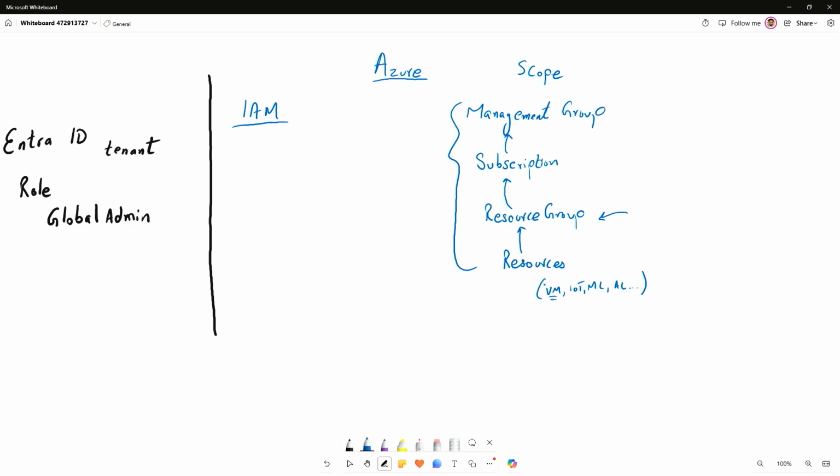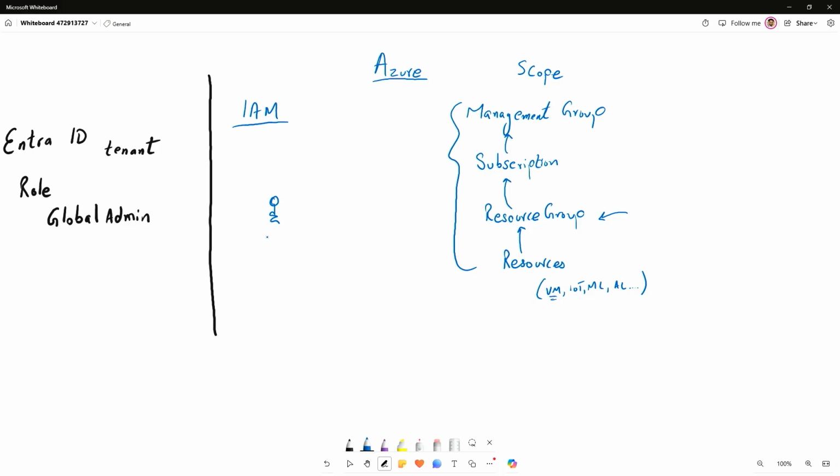Now, if I'm looking to assign a user access, we can begin with users. We can assign this to quite a few other resources like service principals, and give it to groups as well. But just for this scenario, let's assume that I am looking to assign a user some sort of access to my environment.